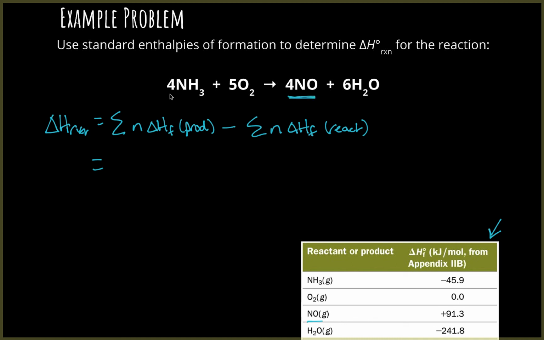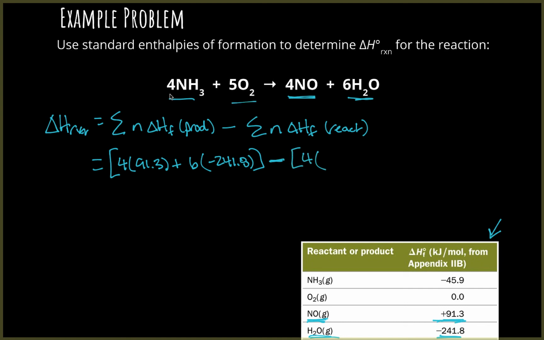I'm going to look up NO, and that value is 91.3, and there's 4 of them. So I'm going to use brackets here to keep my sections separate. So I have 4 times 91.3 kilojoules, so that's where this came from, plus 6 times H2O, which is negative 241.8 kilojoules. So those are all my products. Now I'm going to subtract those from my reactants. So 4 times NH3, negative 45.9,